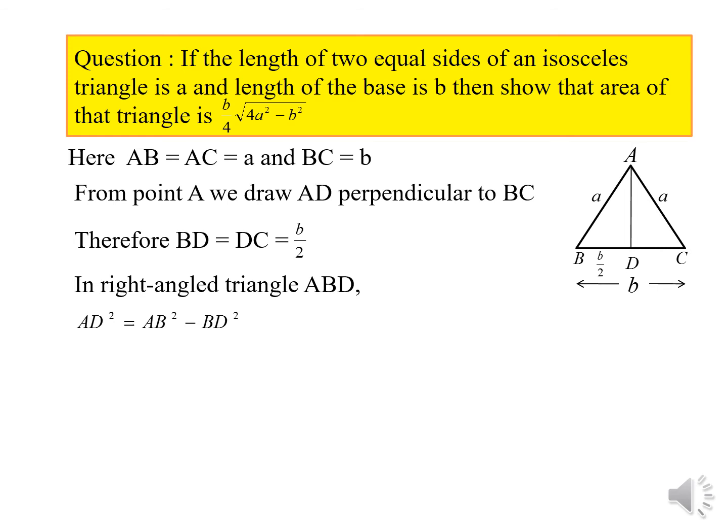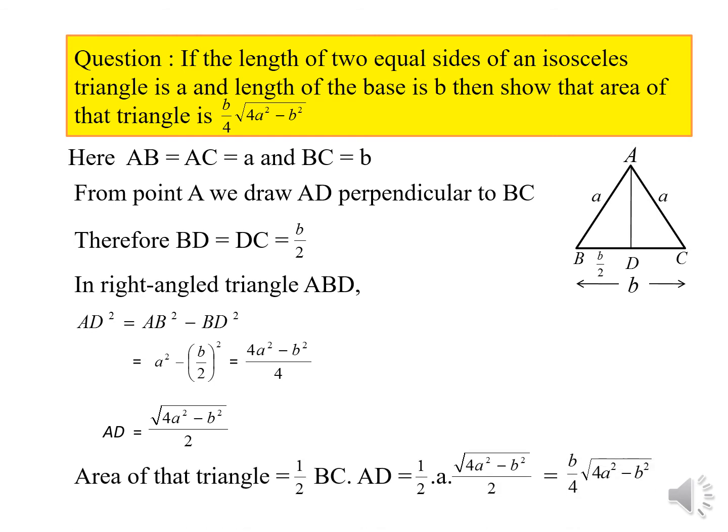From the figure you can see that BD is B by 2. So by putting these values, we get the value of AD square is (4A square minus B square) divided by 4. So by taking the square root, we get the value of AD, which is root over (4A square minus B square) divided by 2. Then finally, the area of the triangle ABC, which is an isosceles triangle, is equal to half